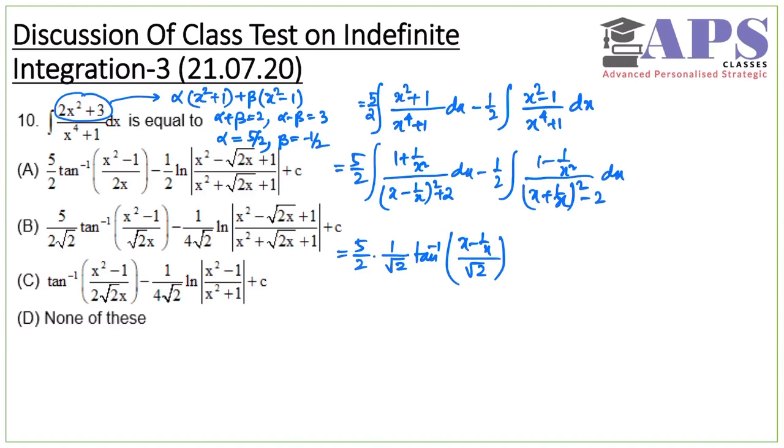And then the other one is minus half into 1 by 2 root 2, and then it will become ln of mod of (x plus 1 by x minus root 2) divided by (x plus 1 by x plus root 2). So this is our form, a standard form, this everyone knows. Now we have to simplify it and get the answer. So according to this, I think option B is correct. Let us go to the